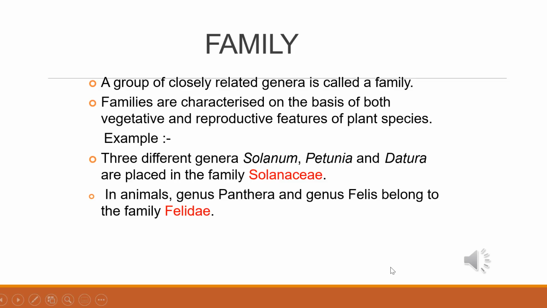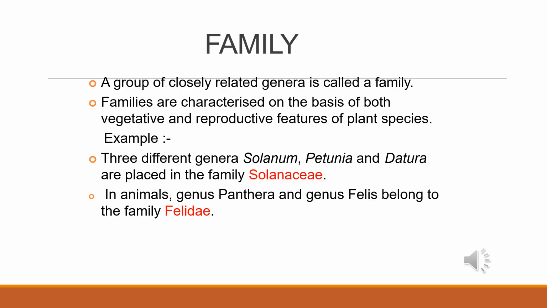Family is a category of higher rank than genus and is formed of one or numerous related genera which are more similar to one another than to genera of other families. For example, members of Felidae, the cats, tiger and lion, all come under Felidae. And Canidae includes dogs, wolf, fox, etc. All the genera of a family resemble one another in certain correlated characters, indicating a common ancestry.